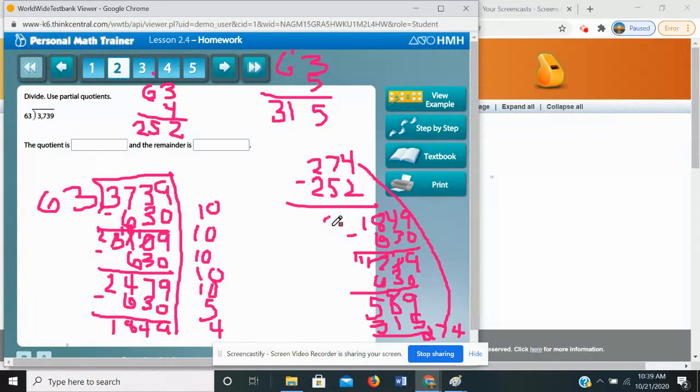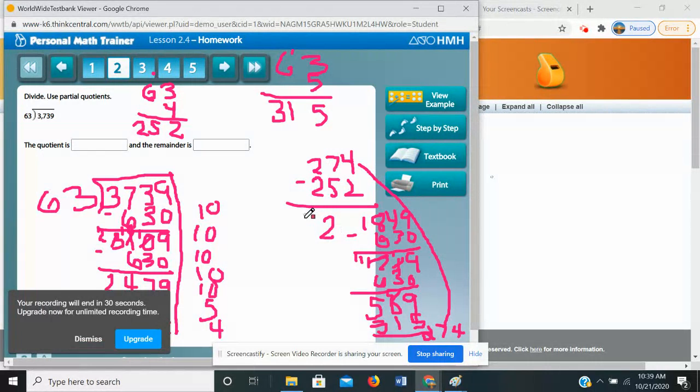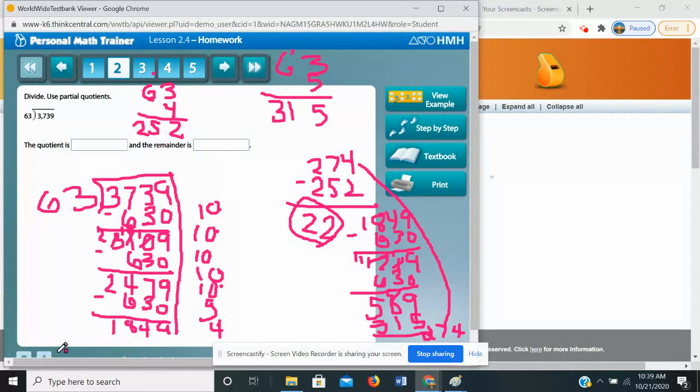4 minus 2 is 2. 7 minus 5 is also 2. Now, this is smaller than my divisor, so I stop. This is going to be my remainder. And I'm going to add 10, 20, 30, 40, 50, 55, 59. Okay? And now I can't